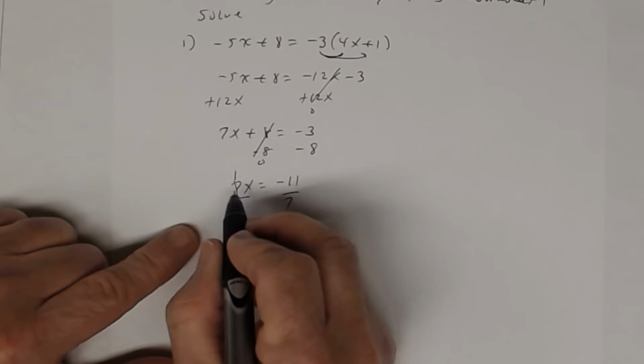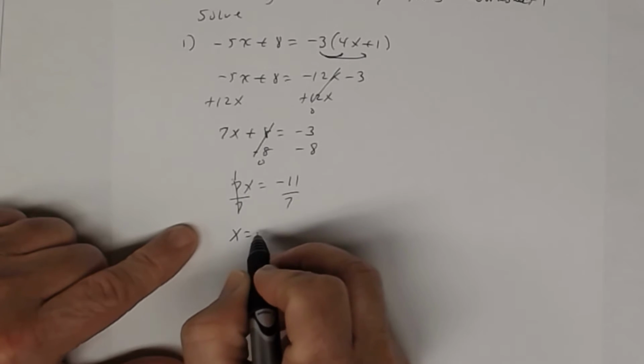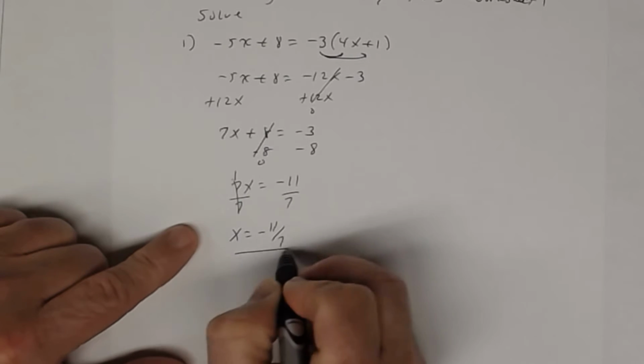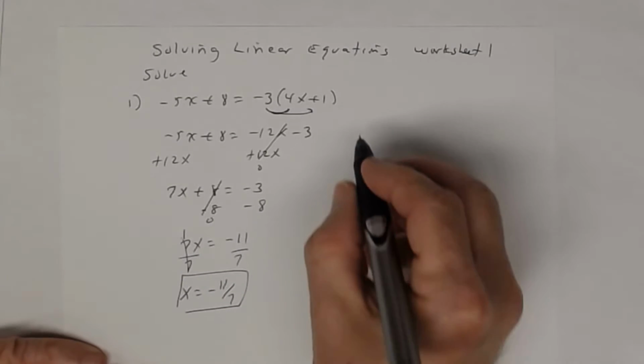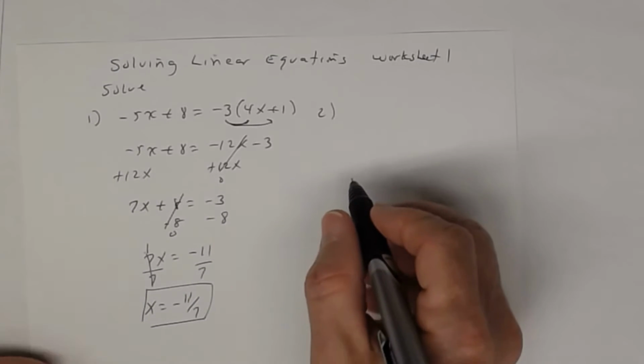So 7 divided by 7 is 1. 1 times x is x. So you get x equals negative 11 sevenths. All right, so that's number 1. Okay, number 2. Let's go ahead and put number 2 here. Number 2, you have